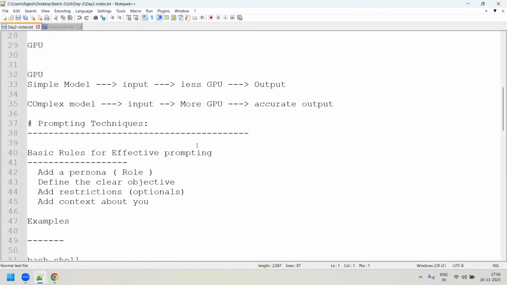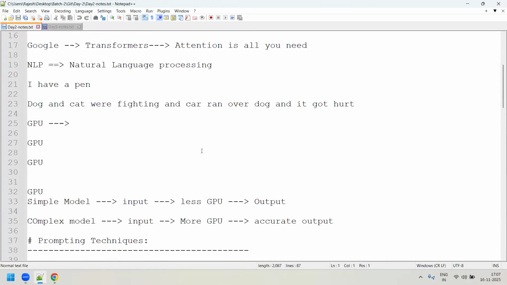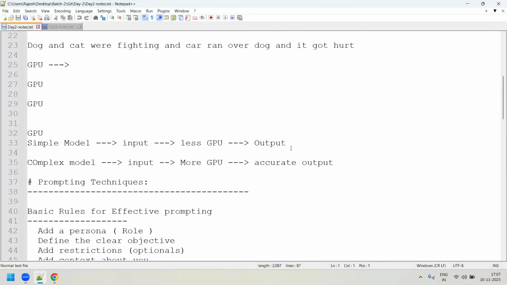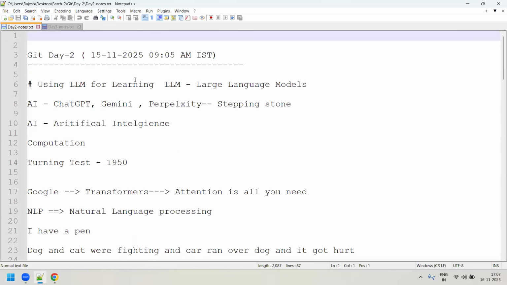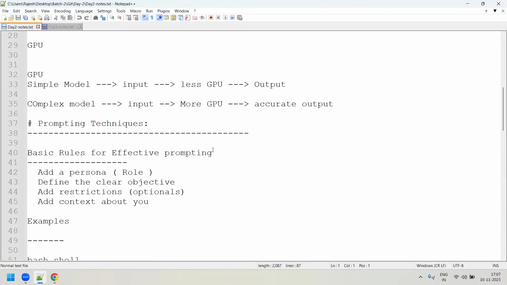We tried to understand the idea behind AI, and why today we are learning all those AI tools, right? And all the AI-related tools we need to learn actually. And also we started with prompting techniques, because we have a lot of AI tools like ChatGPT, right? And Google Gemini, or else Perplexity. These are some of the AI tools we have. So we have to use these tools in our day-to-day activity. And prompting techniques are